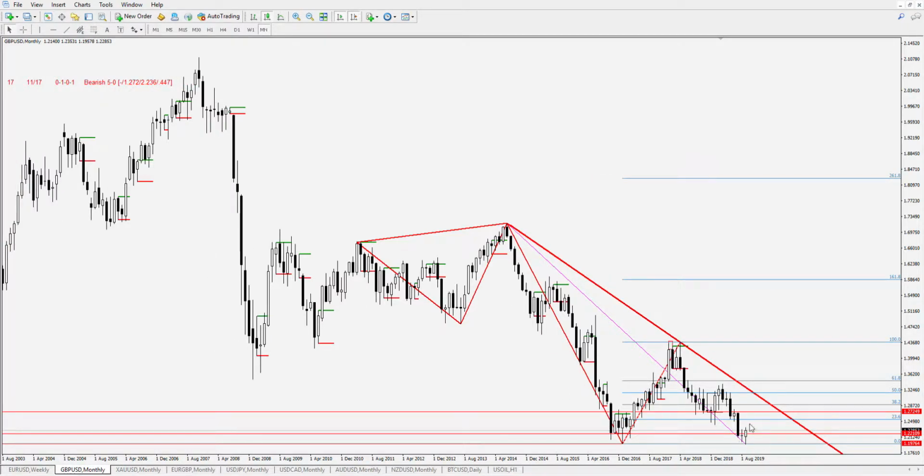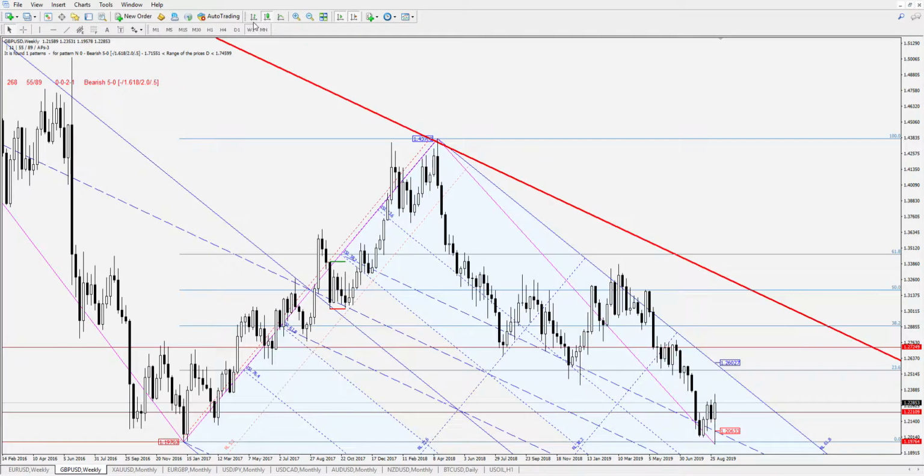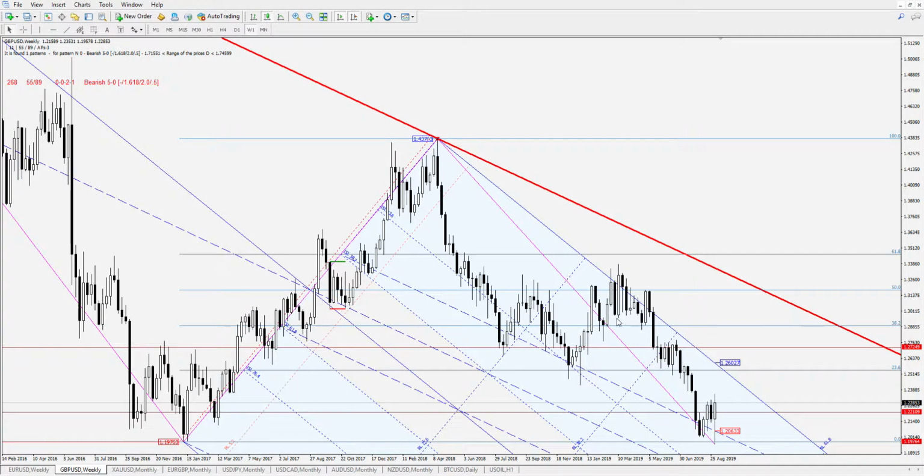But this hasn't created a low yet. The zigzag hasn't been formed. So that's something to keep an eye on. There are some supports here weekly. Okay, so we've got that big diagonal, descending pitchfork, descending channel, and like the Euro USD, we had the same fib diagonals, 38.2, and that equates to 1.2063. So that would need to hold. As you note, you've got this horizontal support at 1.2210. So it looks possible, likely will inevitably grind